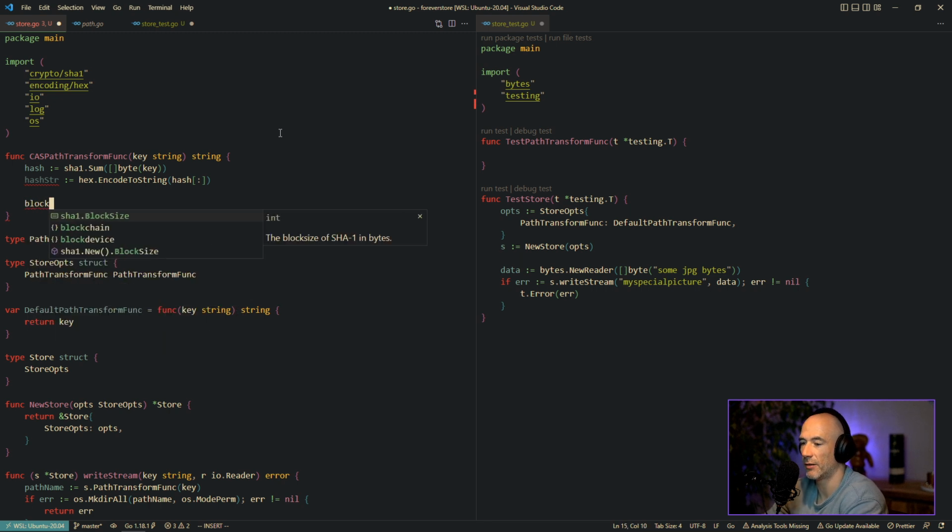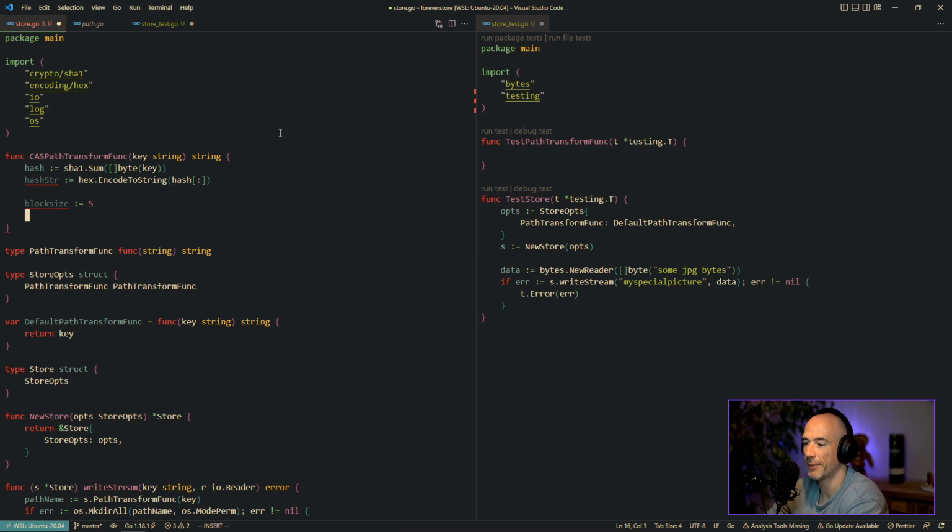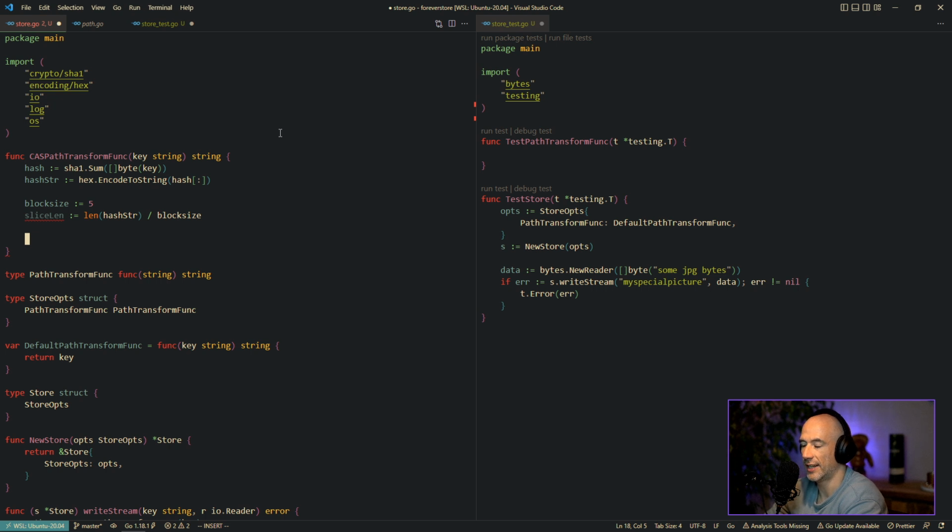And then we're going to say something like the block size. So we have 20, right? Let's say a block size of 5. And I'm going to say the slice length is going to be, I have no clue, I think it's the length of the hash string divided by the block size. And then we're going to say that the paths,